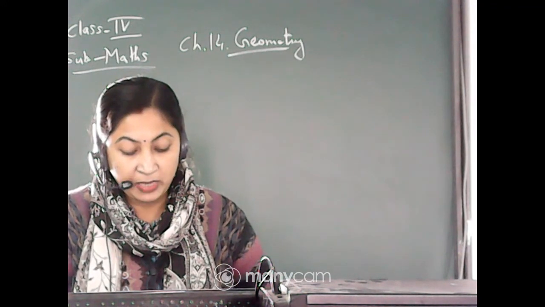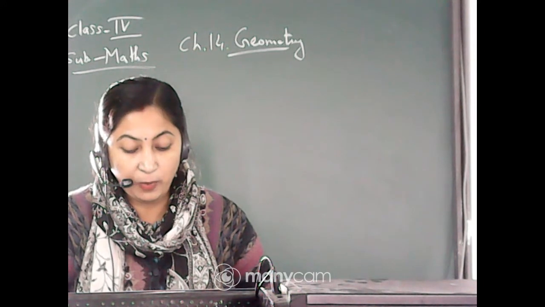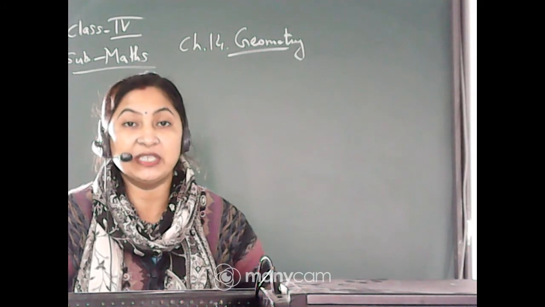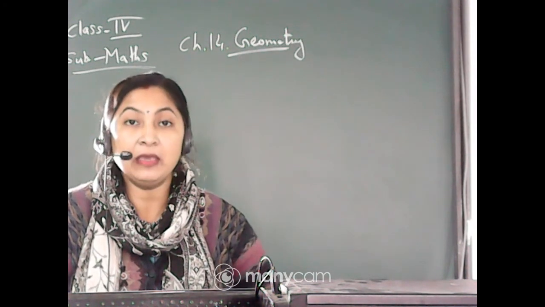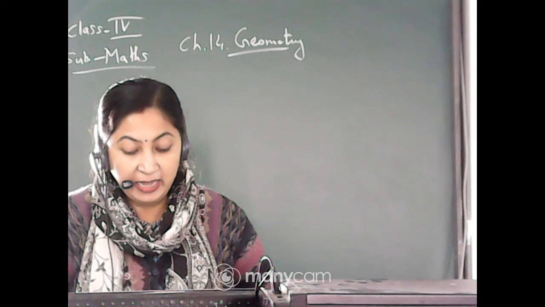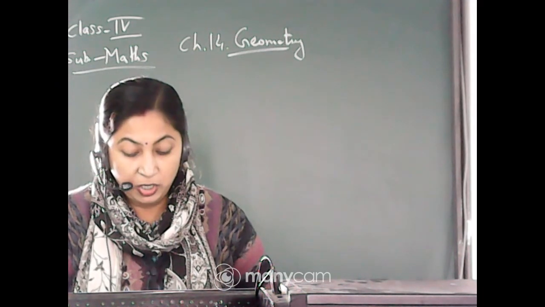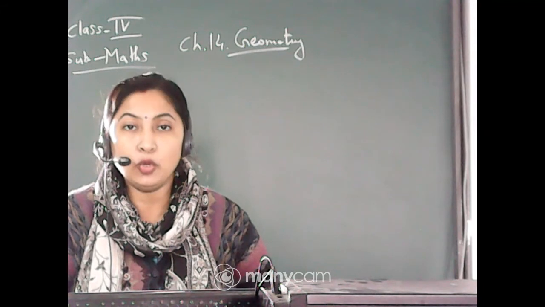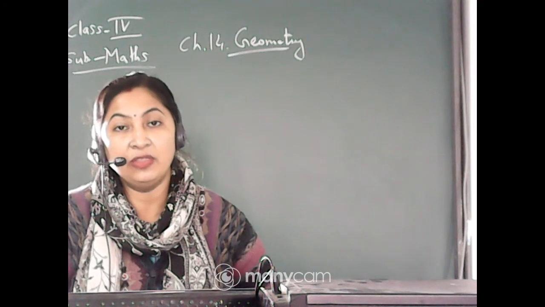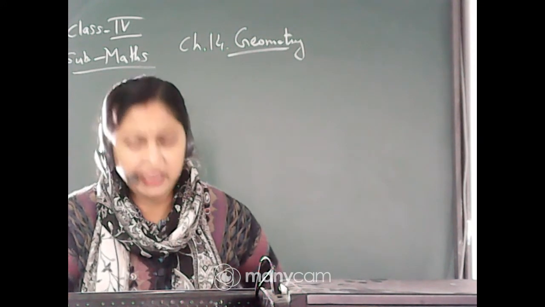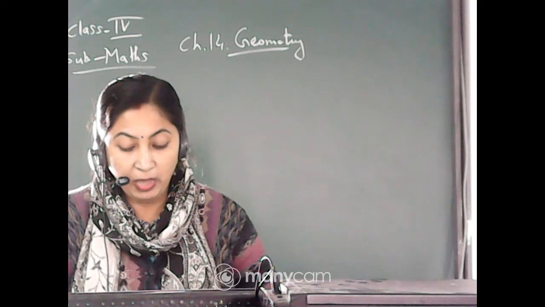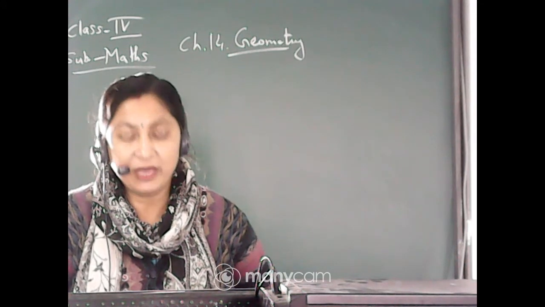Now number D. In ray PQ, the initial point is dash. You have to say which one is the initial point. That means which one is the starting point. Since here it is given PQ, that means P is the starting point or P is the initial point. While in ray QP, just the opposite. In QP, the initial point is Q, because the first letter is Q. That means it is starting from Q and going towards P. Not ending, because it is a ray, the other side is just endlessly going. So the initial point is Q and the other point taken in the ray is P.